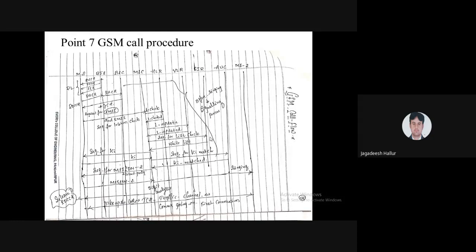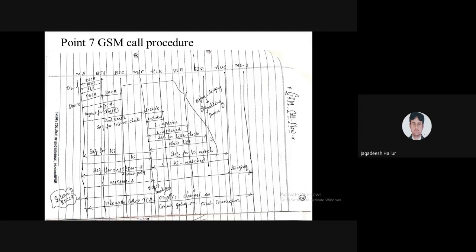The BTS will always access the mobile station of any user. Those mobile stations will be accessed through some channels, that is the BCCH, broadcast control channel, the FCCH, frequency correction channel, and the SCH, the synchronization channel. If you want to access the network, you require one channel, that is the RACH, random access channel. Once it is reached, the BSC will give an access grant to the person who is going to access the network, that is the access grant channel.